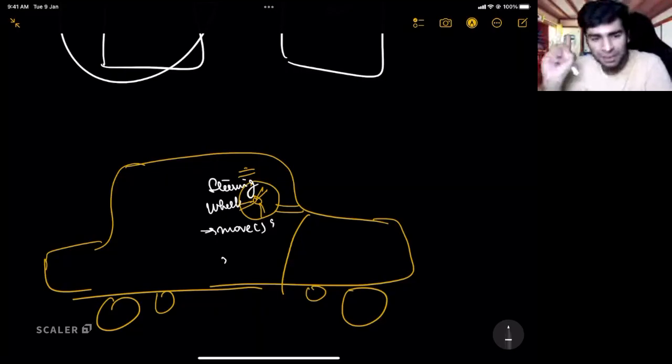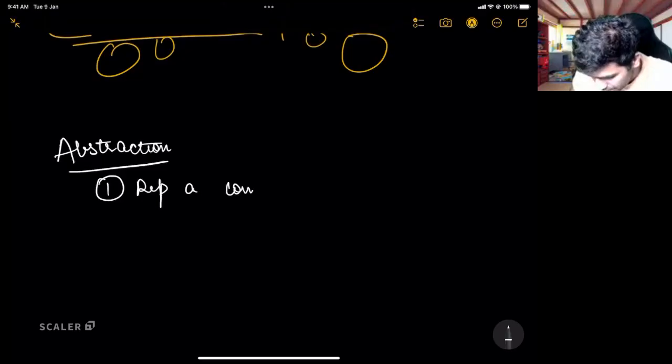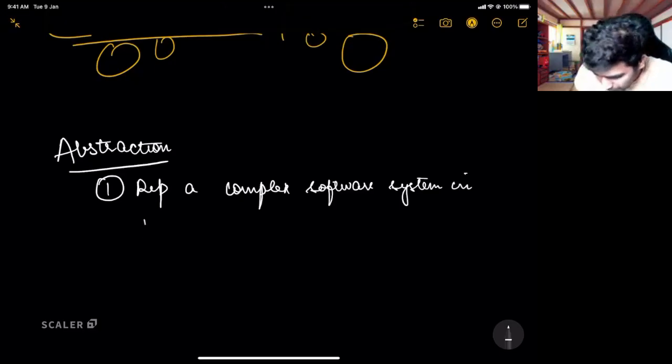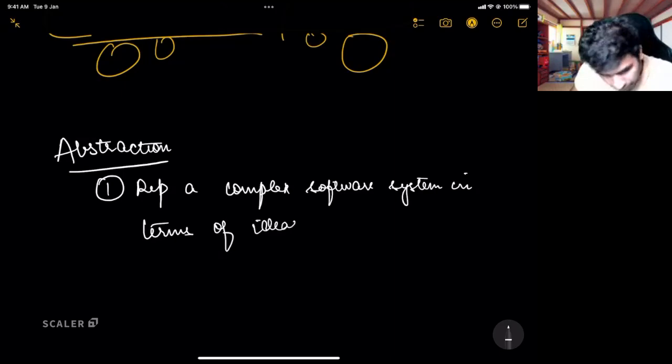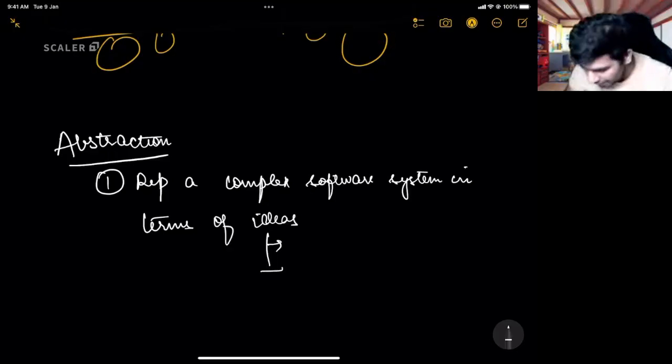So what is abstraction? Abstraction means representing a complex software system in terms of ideas. Each idea will have along with it some data and some behavior.